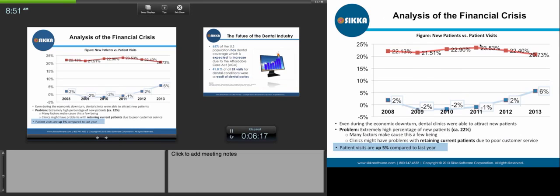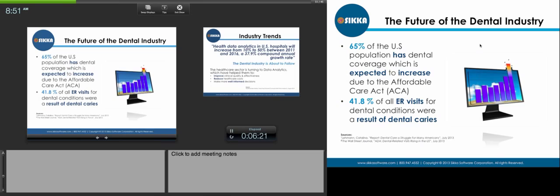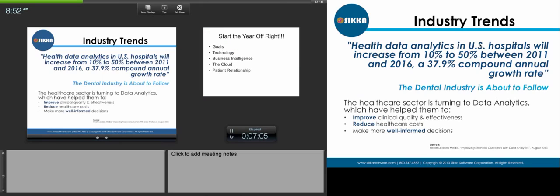We all know that the Affordable Care Act is actually adding to more population of the United States which has dental coverage, even if it is through the Medicare, etc. But 65% of the US population has dental coverage, and partly because of the fact that we ignore dental treatments and regular care, almost 42% of ER visits are a result of toothache. We are now seeing significant growth in analytics in the US hospitals, and we are expecting that the same result is going to follow